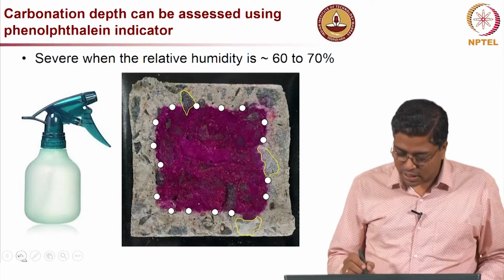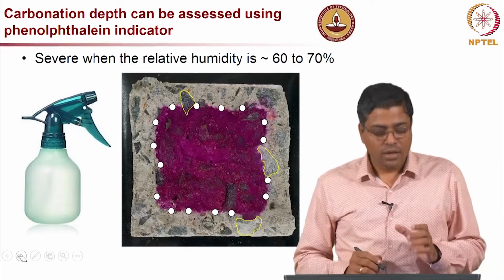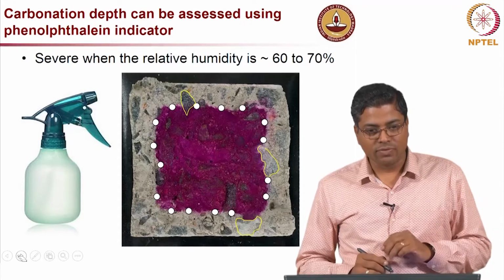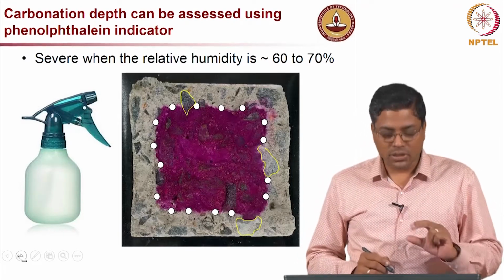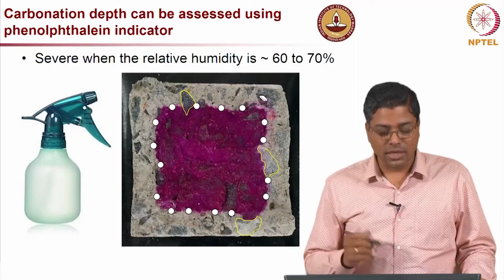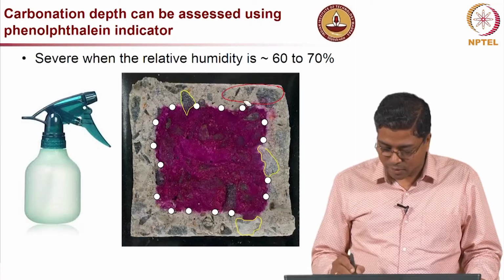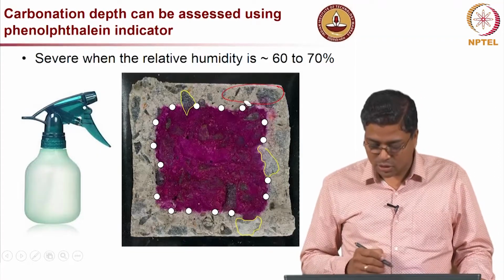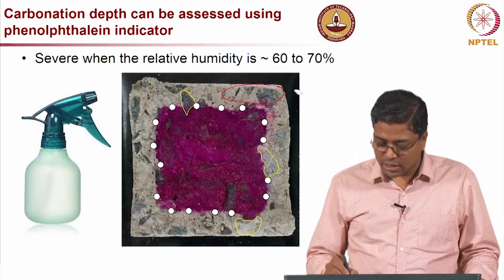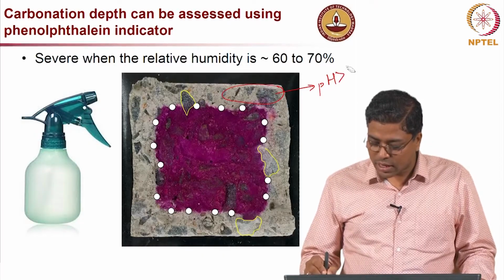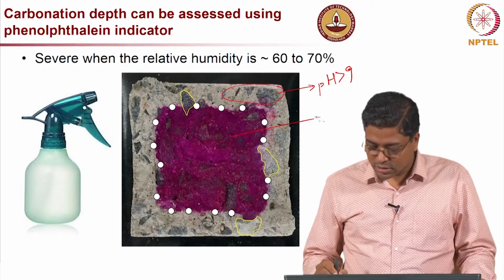In the same way we can spray this phenolphthalein indicator onto the concrete surface, and depending on the pH of the concrete surface it will change color. For example, here this colorless region, where there is no change in color when this solution is sprayed, indicates that the pH of that region is less than 9,